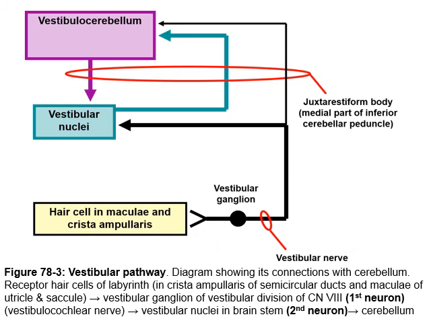The vestibular pathway is very simple. It uses only two order neurons. This illustration shows you the connections with the cerebellum, because the cerebellum is a very important structure that controls the vestibular system. The signal of the movement of the body in space, or the position of the body, is sensed by the hair cells in the maculae of the utricle and saccule and the crista ampullaris present in the semicircular ducts. The receptor hair cells in this labyrinth, the membranous labyrinth,